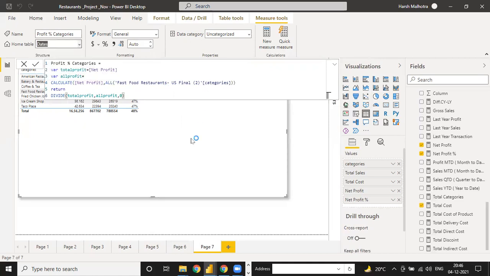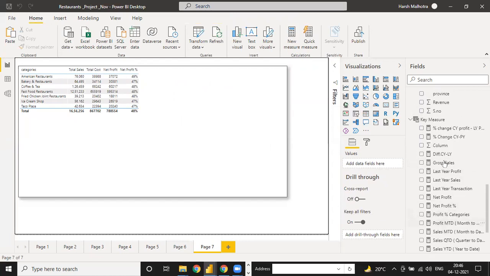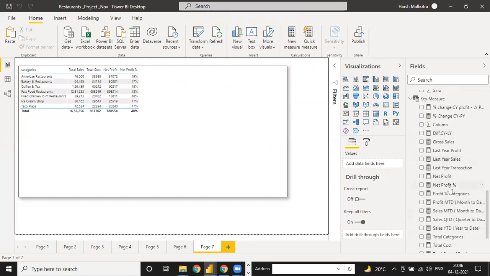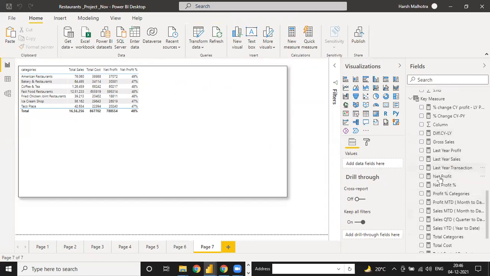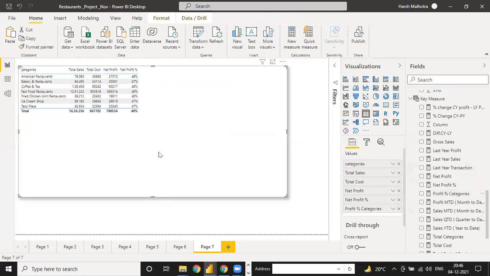Click on this new measure, profit by category, this one. Just paste it.